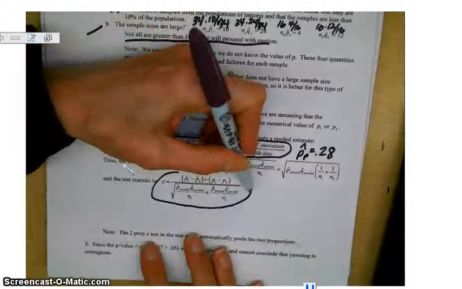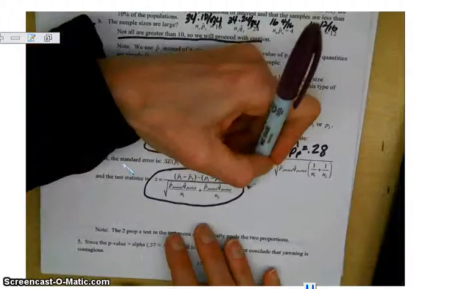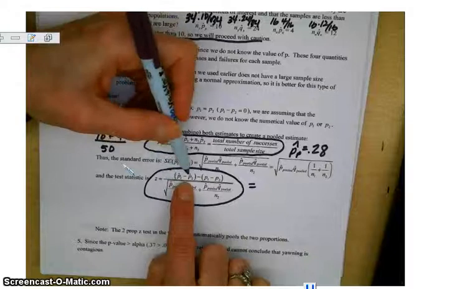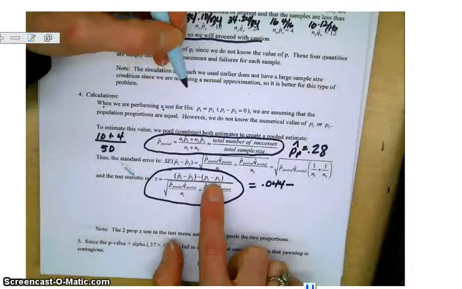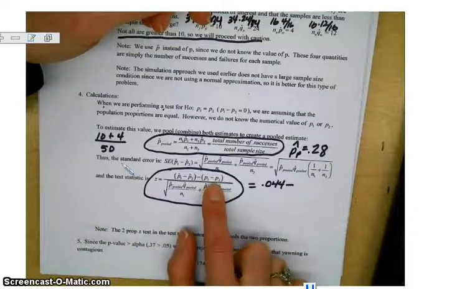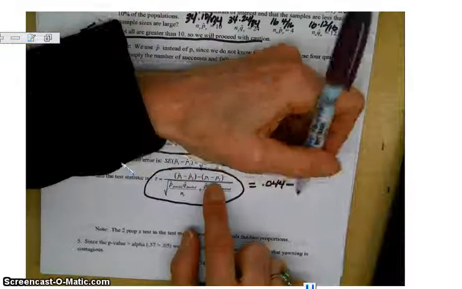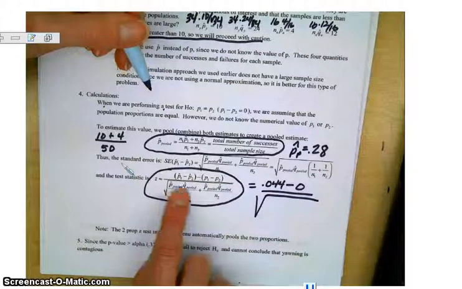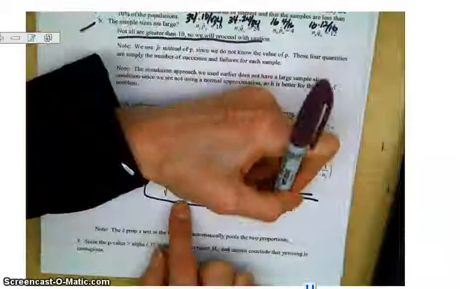So this is the test statistic for a difference of 2 proportions. For our sample, we'd have the difference in the sample proportions, the observed difference, which would be 0.044, minus the hypothesized difference, which is 0, all over the square root of, basically the top of each of these will be the same, so it'll be like 0.28 times 0.72 over, in the first group we had 34